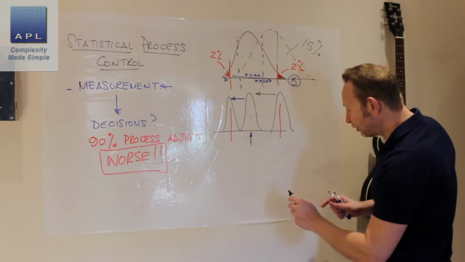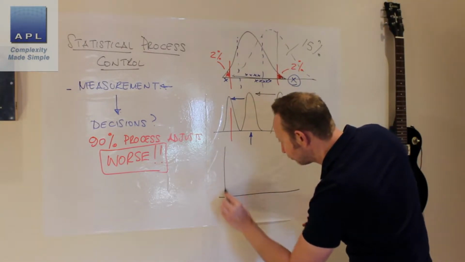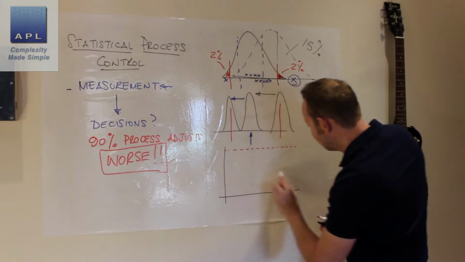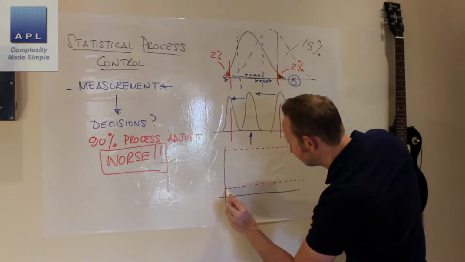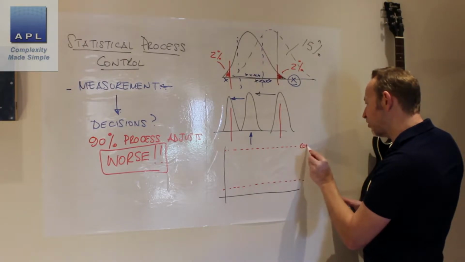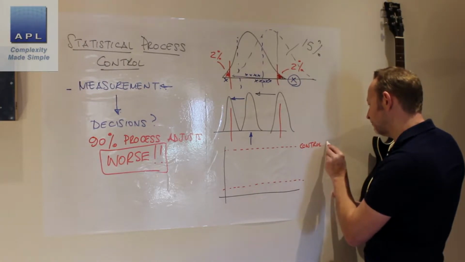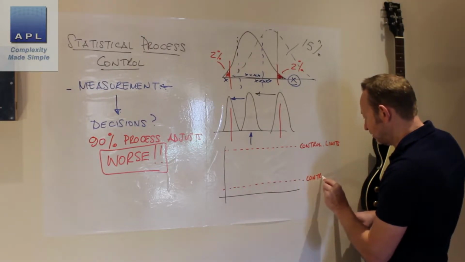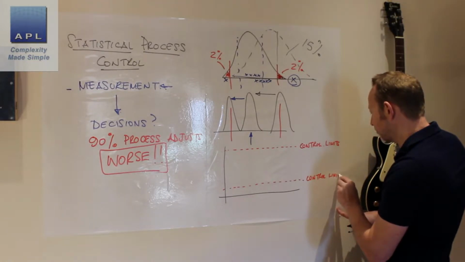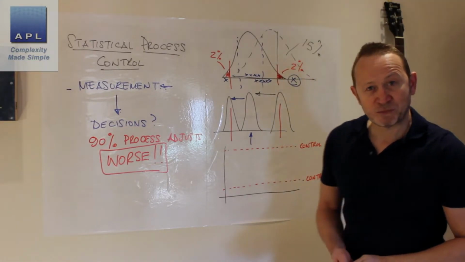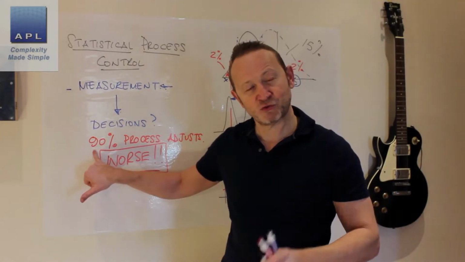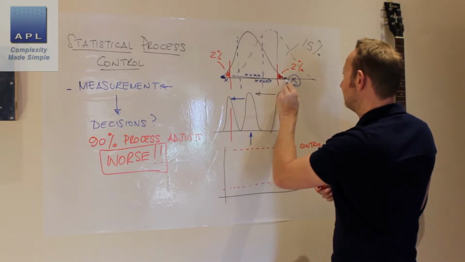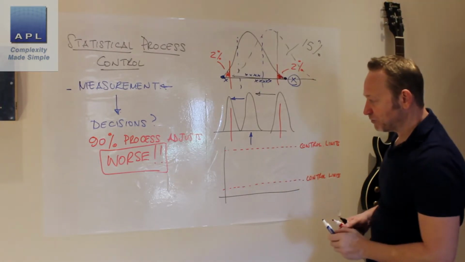Well, essentially, on a graph, we're going to get ourselves a run chart. The run chart is going to calculate limits. The limits are control limits. They are not spec limits, and that's most important. Because when we used the spec limits up here, typically what did we do? We made the process worse. These limits are effectively the very end of this distribution, and that's what's being communicated to you.